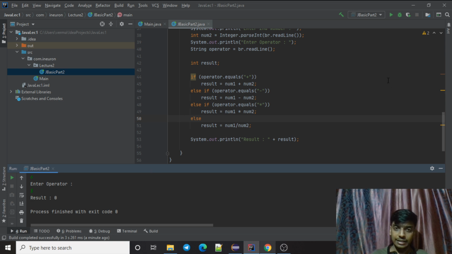Just utilize what you have learned and build it in such a way that if I give something else, it will give me a proper result, like I do not recognize this operator, please choose an operator like plus, minus, multiply or divide. Try to think about what you want to build, then try to find the issues in that. What are the problems that your user can have, and try to overcome those issues. That's how you will train your mind to be a software engineer, right?